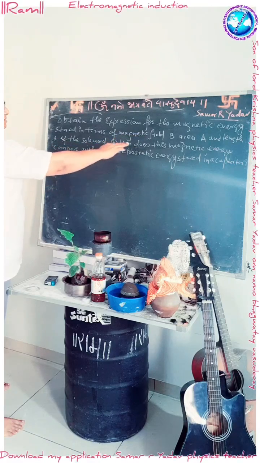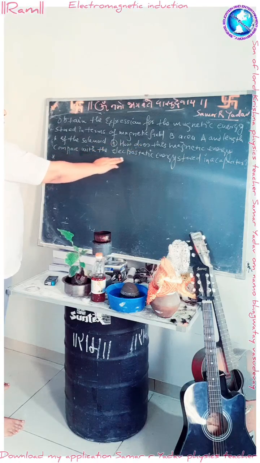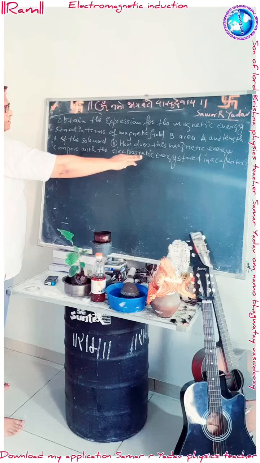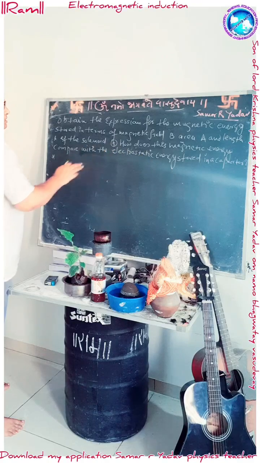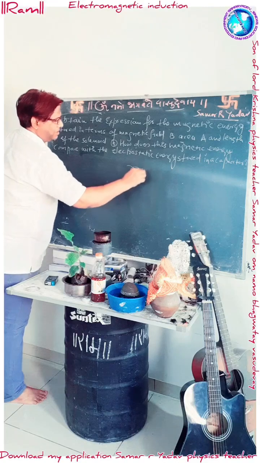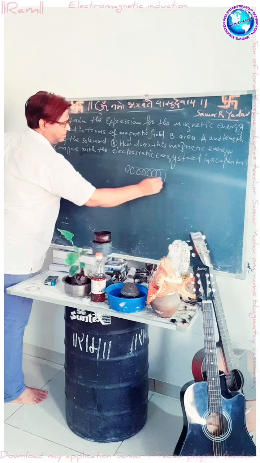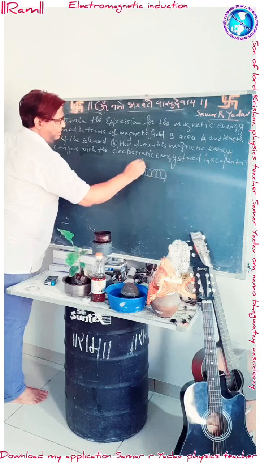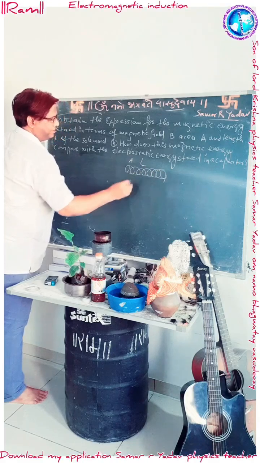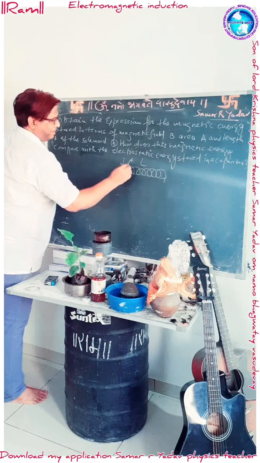the solenoid. How does the magnetic energy compare with the electrostatic energy stored in a capacitor? Now we know that suppose this is a solenoid of length L and area A. Current in this solenoid is suppose I, and